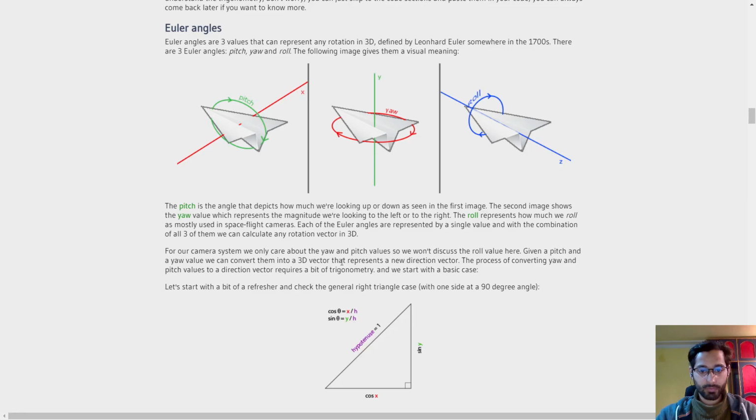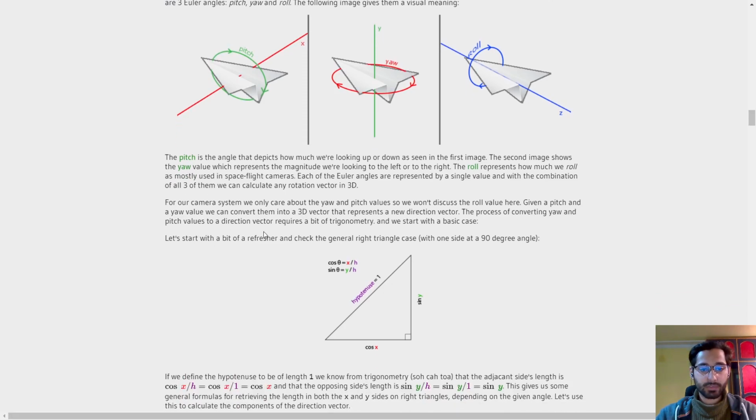Okay, so the first two. So we won't discuss the roll value here. Given a pitch and a yaw value, you can convert them into 3D vectors, a 3D vector that represents a new direction vector. The process of converting yaw and pitch values to a direction vector requires a bit of trigonometry, and we start